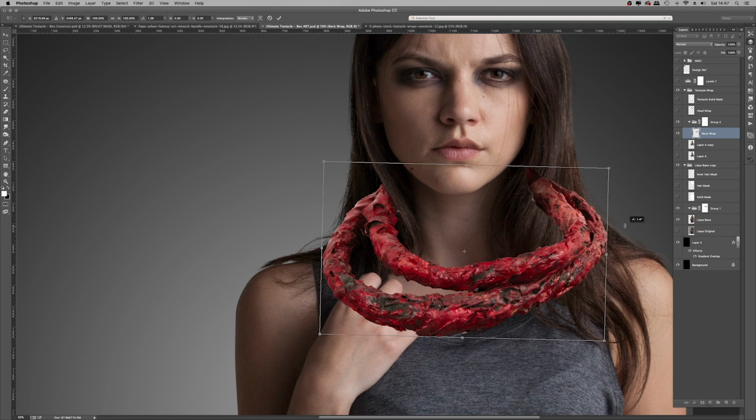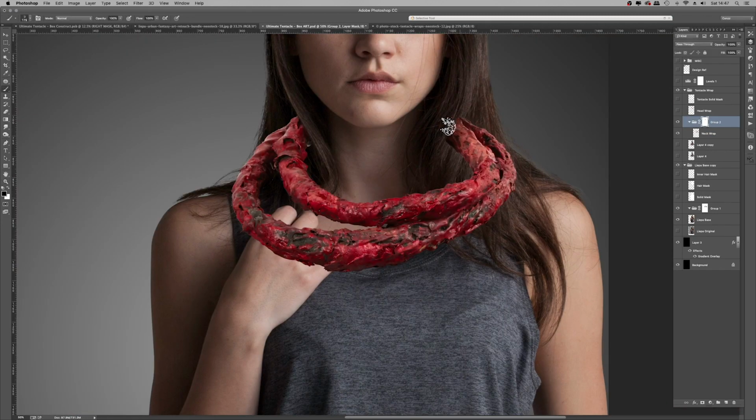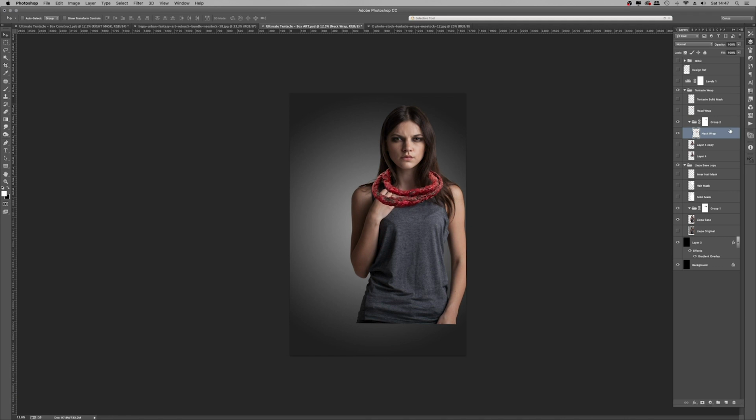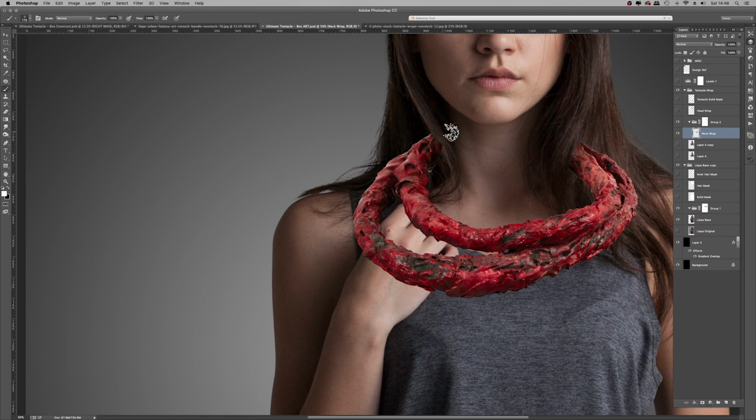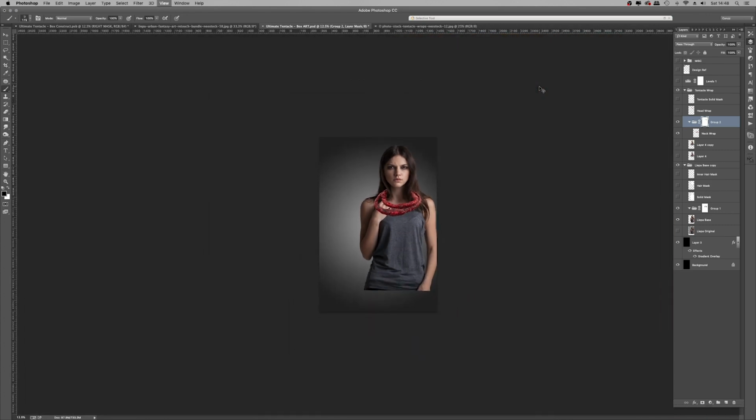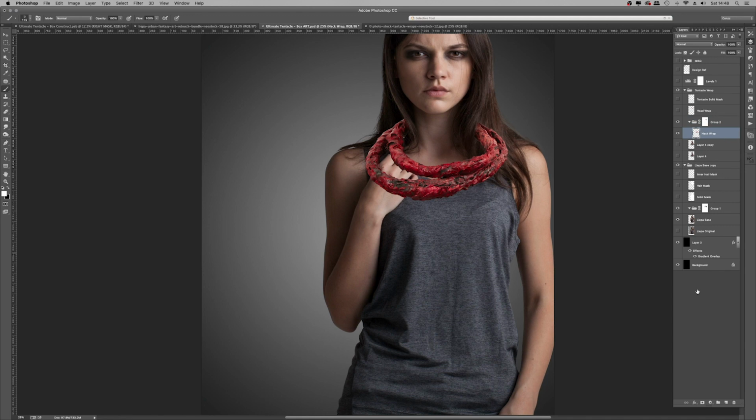And then here on the layer group, add layer mask, and then using a black brush just paint away where the tentacle, the illusion of it going into the hair. And you'll notice there that I used a brush that isn't a bog standard soft edge brush. I used a slightly textured brush just to mimic the texture of the hair. It wouldn't be a perfect transition. So here we have the illusion that the tentacles of the neck wrap are going into the hair. So that's it for the neck wrap. Let's see what happens next.